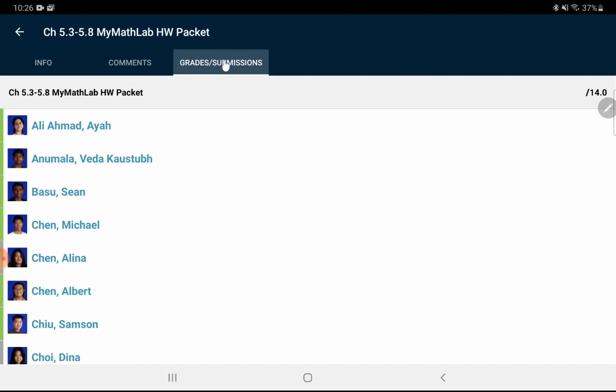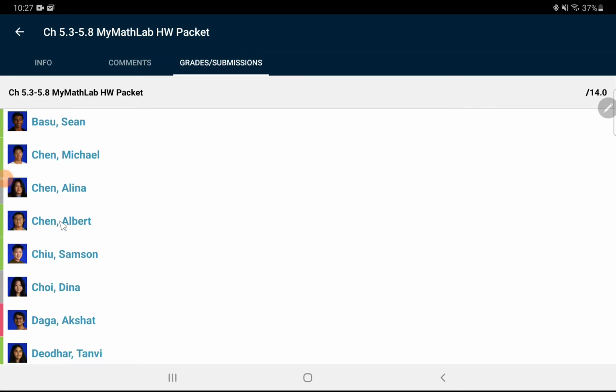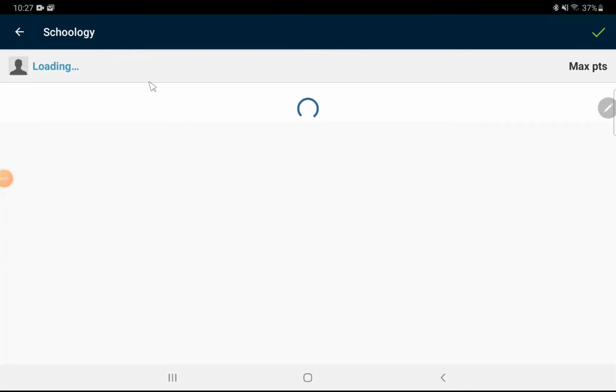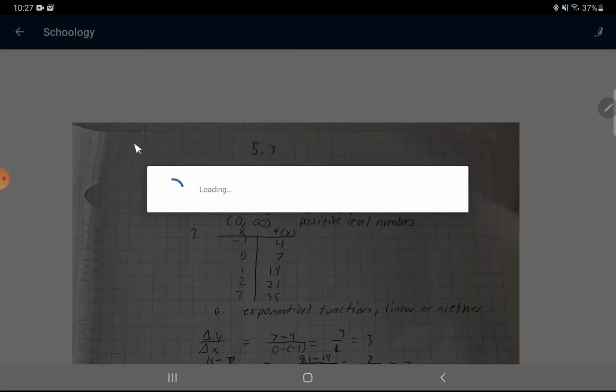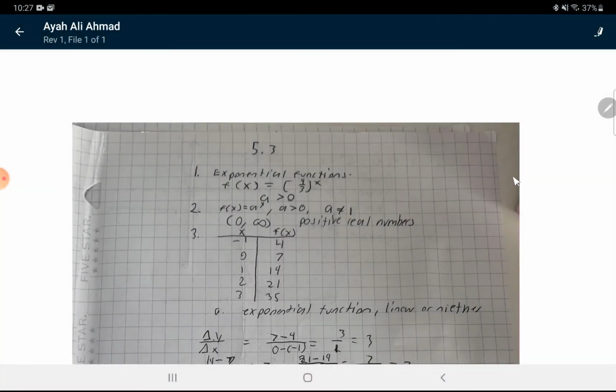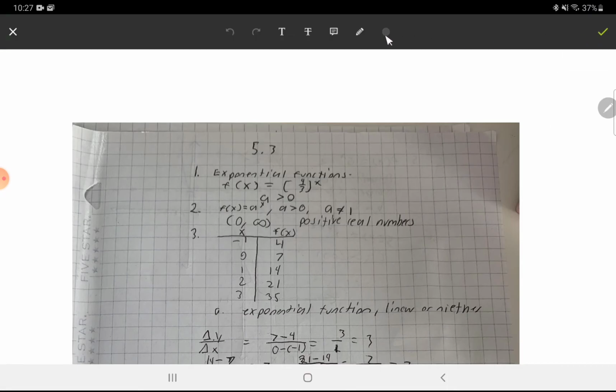And so you click on grade submissions, and then as you can see here, students who have submitted things are green, and then students who have not submitted things are in gray, and if they're late, then it's in red. So if I click on a student, this student I know I previously already previewed it. This student has it in a docx file. You'll see I can open it up, and it just opens like normal, like what you saw earlier in a PDF. And then I can click on the annotate tool, and then I can select my color that I want,